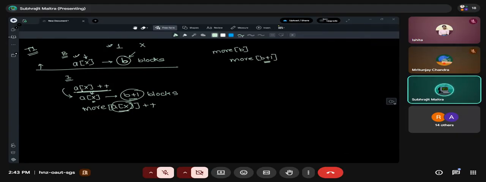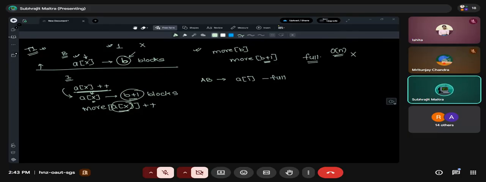But I have told you one more thing, that we need to check in every type 1 operation if our array is becoming full or not. Now you ask me, how do we check that if our array is full or not? For this, do we need to go and do an O of n traversal? No, we will not do that. We have the more vector. This will tell me everything. Because what did I tell you? What is the actual number of blocks? It is a of I minus full.